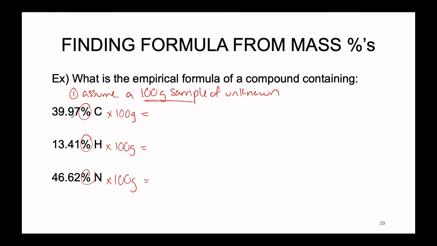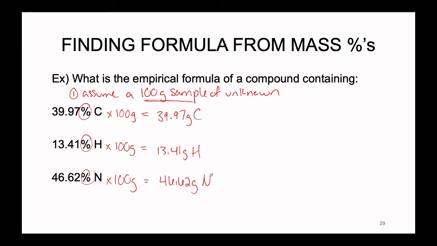Well, if you want to figure out what 39.97% is of 100, turns out that's just equal to 39.97 grams. And 13.41% of 100 is 13.41 grams. This is carbon, hydrogen, and similarly, 46.62% nitrogen out of 100 grams is